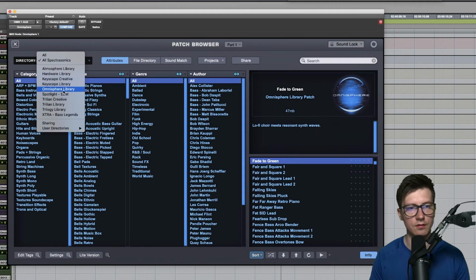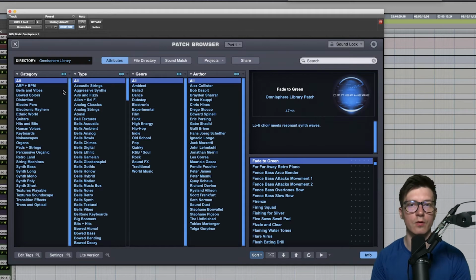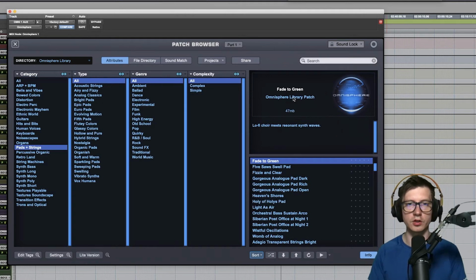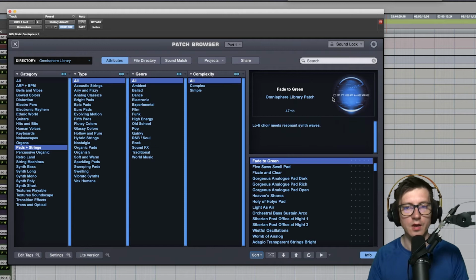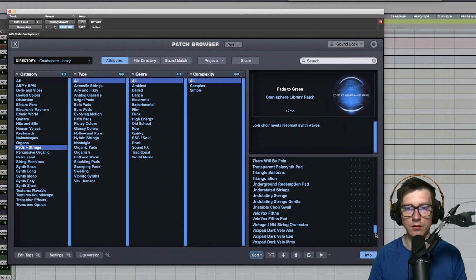So, okay, that's all of my libraries. Let's just focus on Omnisphere library. So that's what you get when you just buy the standard Omnisphere virtual instrument with no addition. And still, there's quite a lot of them. Like I mentioned before, Omnisphere shines with pads, atmospherics, background music, thriller kinda style. Of course, that's very limiting perspective on Omnisphere. It's so much more. But we've got our categories, we've got types, genres, complexities, and then lots and lots of